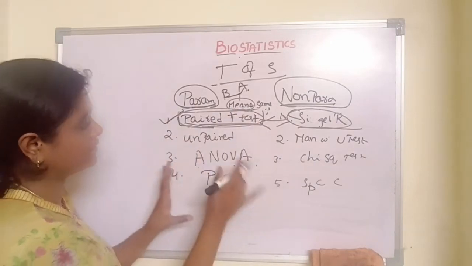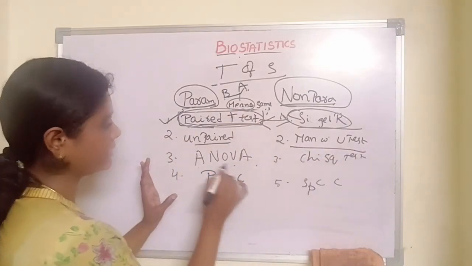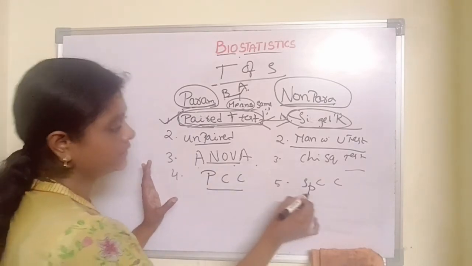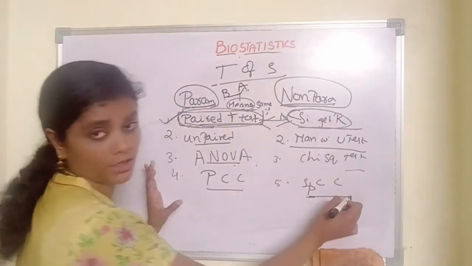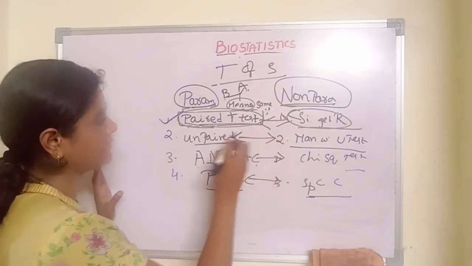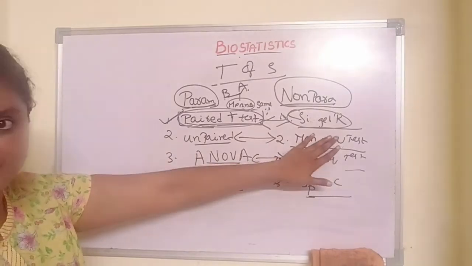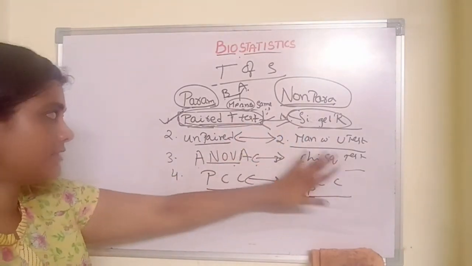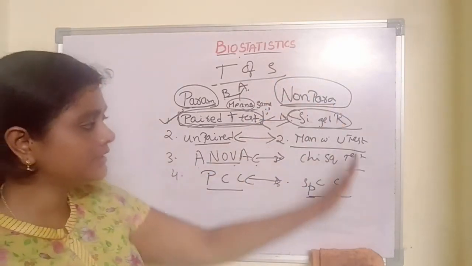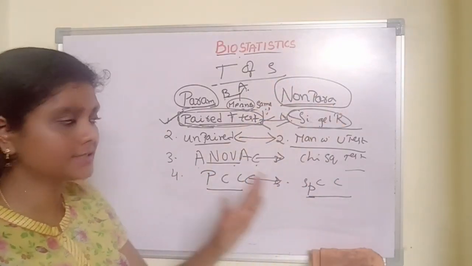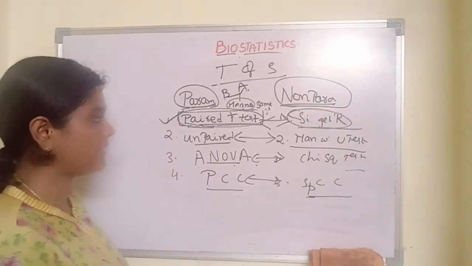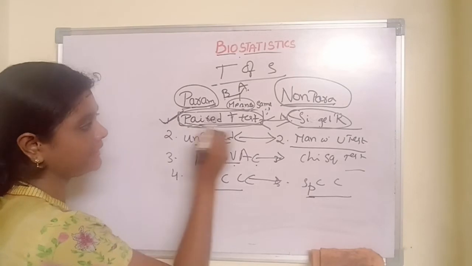And also the unpaired t-test, Mann-Whitney U-test, ANOVA test, chi-square test, Pearson's correlation coefficient, Spearman's correlation coefficient. So these are both sets of tests. This test is the same as this test. The only difference is these are applied to parametric types and these are applied to non-parametric types. That's it. So if we are clear with that point, the next point is